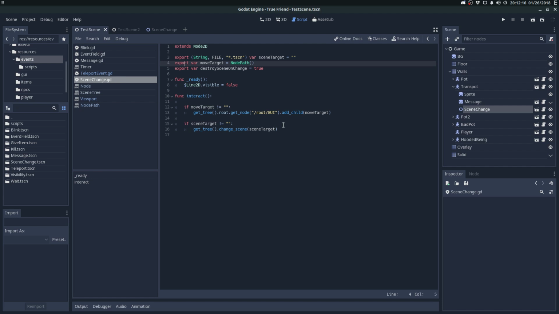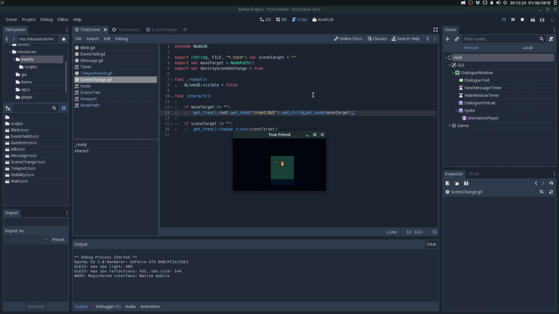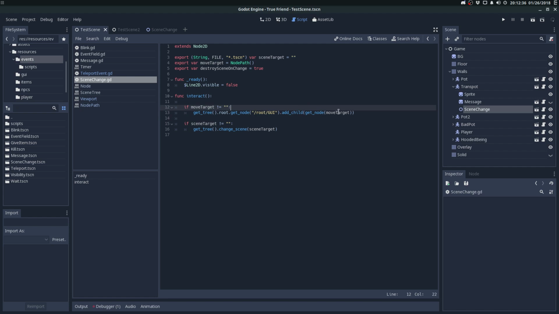Let's see. So I guess I need to do it like this. Get node. Okay, well it didn't crash. Can't add child player to GUI, player already has a parent, walls. Okay, so that means they worked. All right, so let's go ahead and try this. Var target equals this, and then once we have this, what we can do